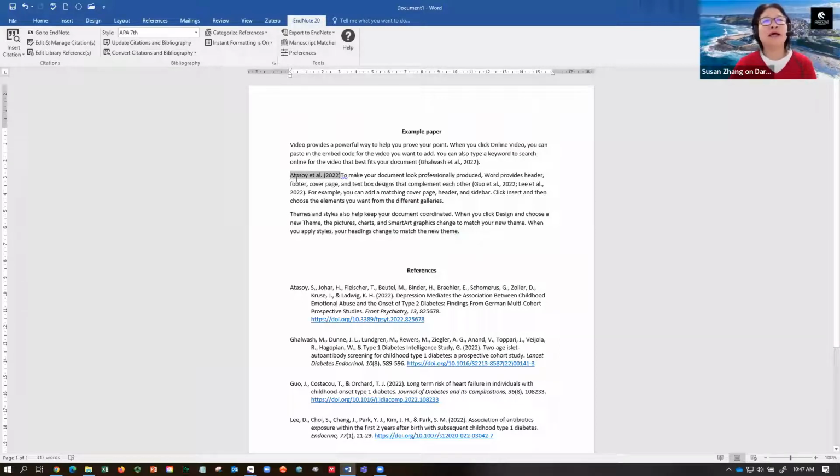You will see the editor state that to make your document, etc., etc. So that's the way you can